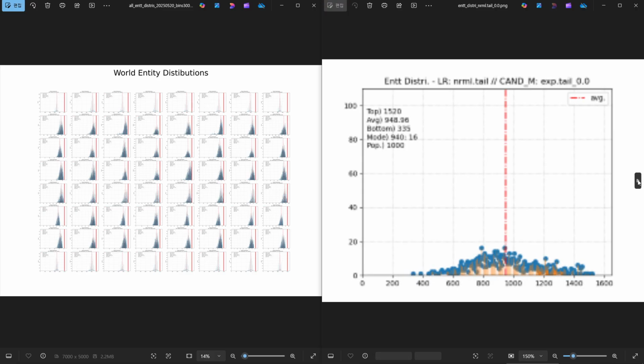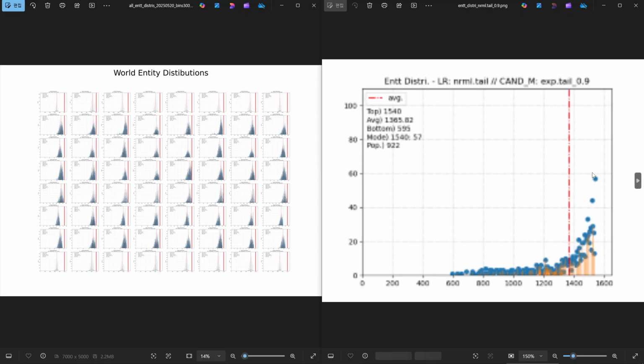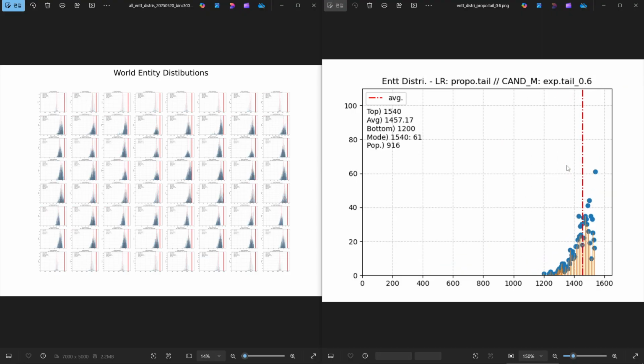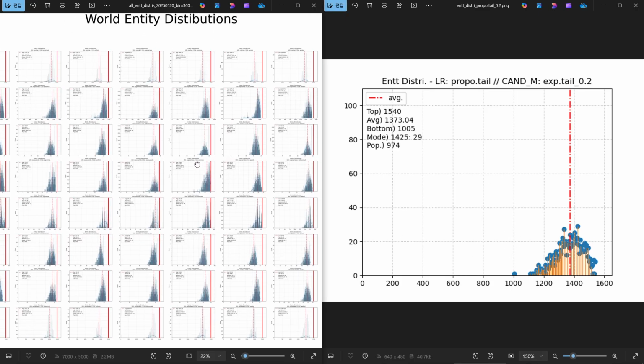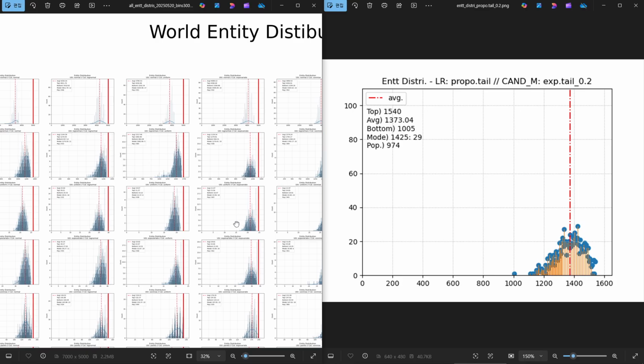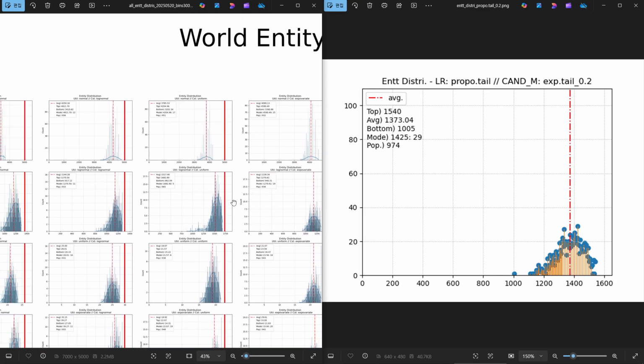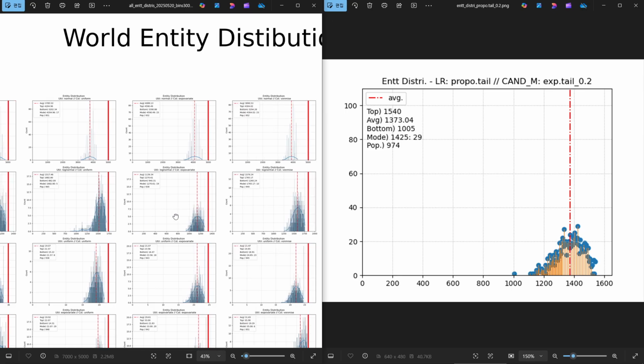Exponential head, exponential tail. No, let me just find that again. There we go. This is what I wanted,